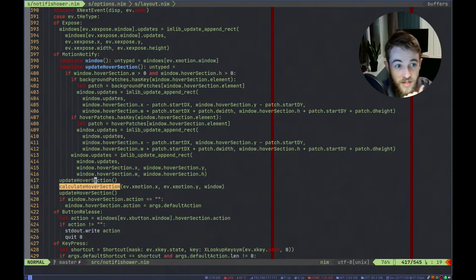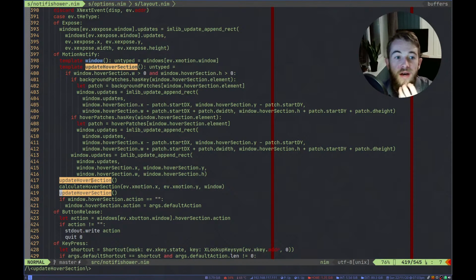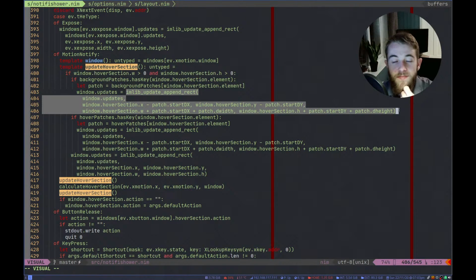The reason we do this is that update hover section just adds these imlib updates, to make sure that we add the correct damage to imlib so that it will redraw the correct area.